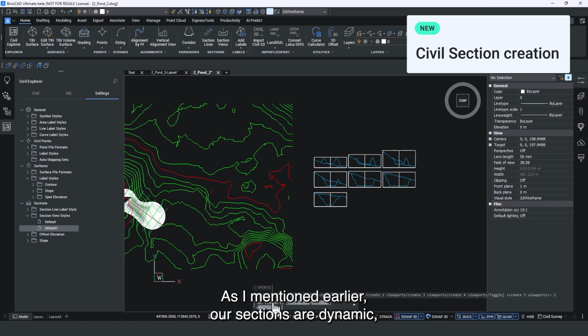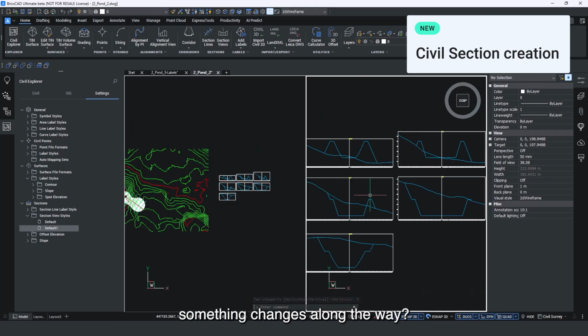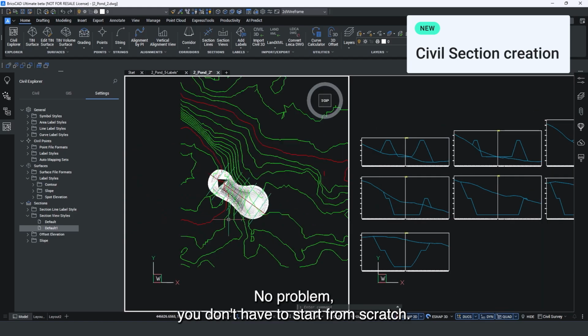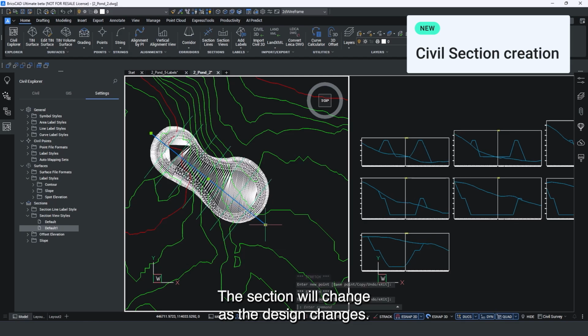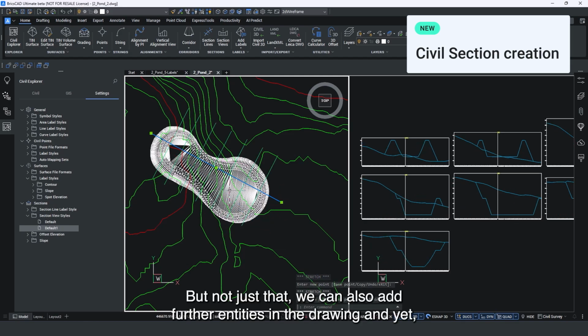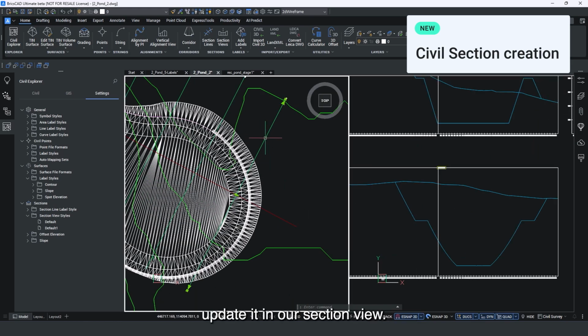As I mentioned earlier, our sections are dynamic. Something changed along the way? No problem. You don't have to start from scratch. The section will change as the design changes. But not just that, we can also add further entities in the drawing and yet update it in our section